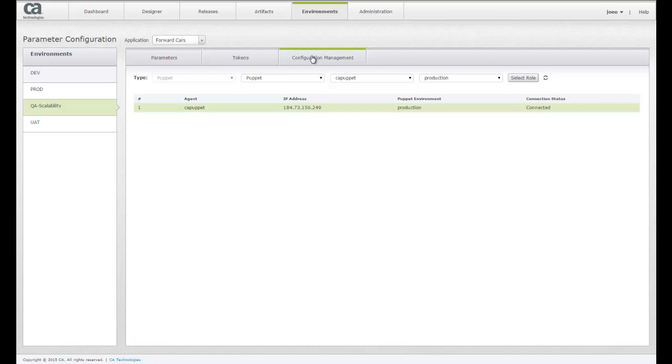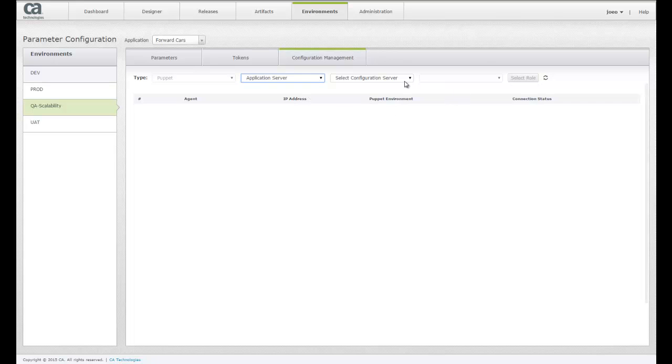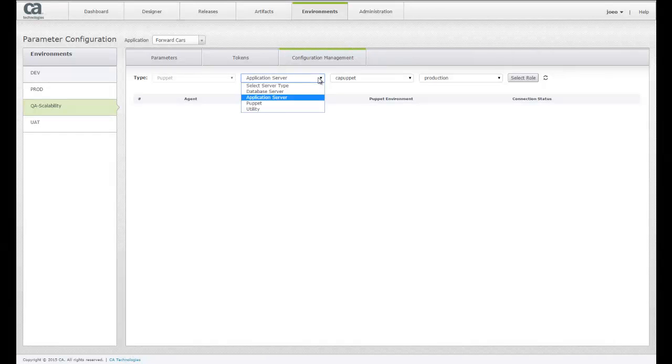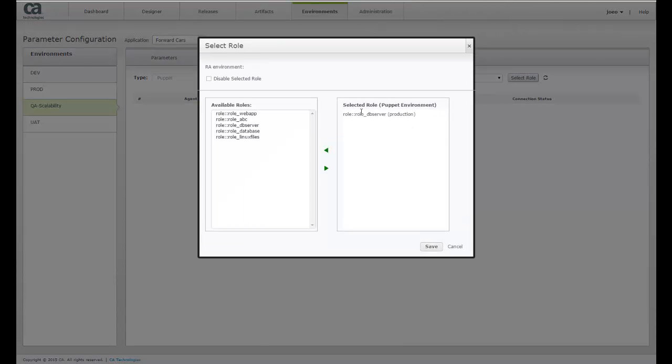So Puppet has server types, which are called roles. These roles will map basically one-to-one with our server type. A role in Puppet is a group of classes that are applied to a specific type of server. In our case, we'll take an application server, and in the Puppet environment we can map a role of web app to that application server. What this means is any servers that come under the type application server will get the role web app in